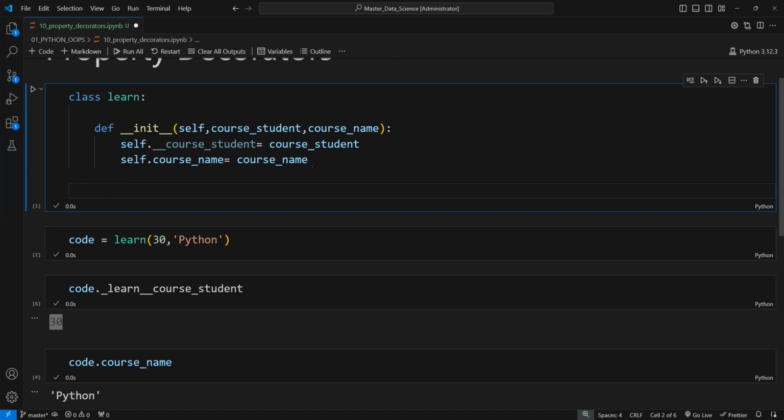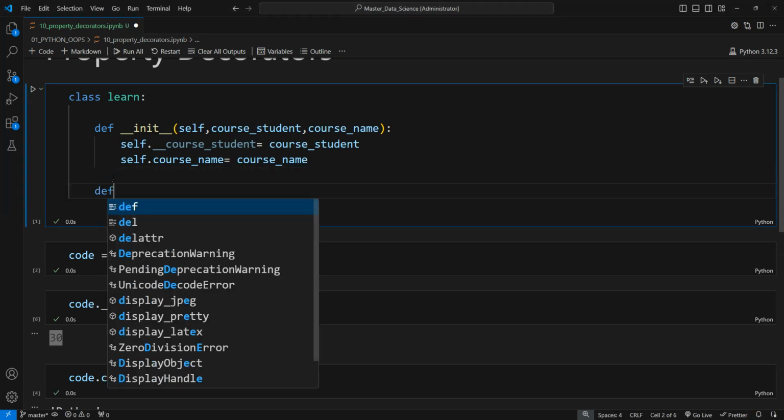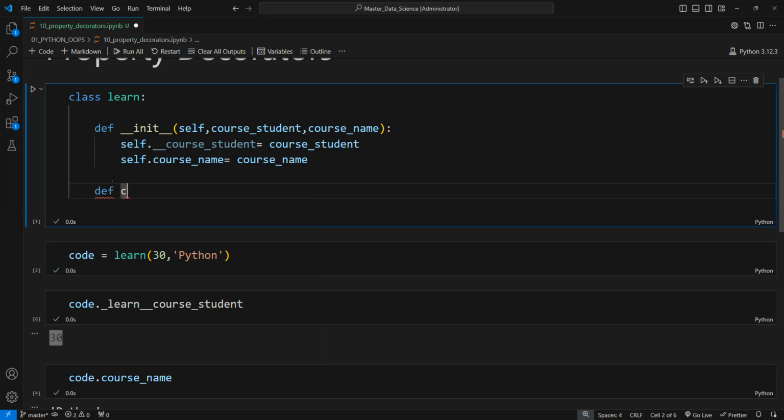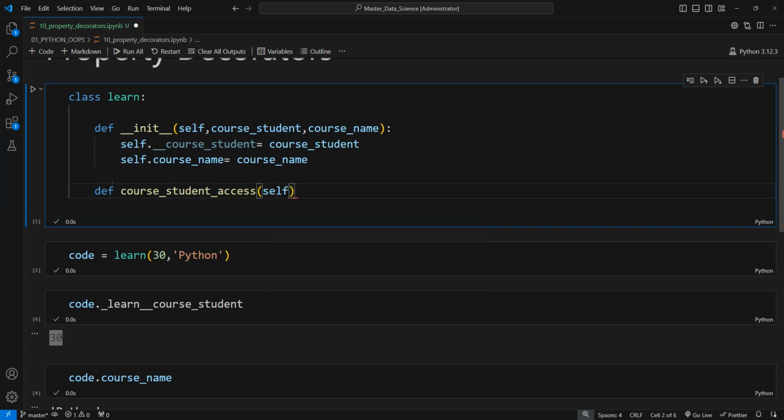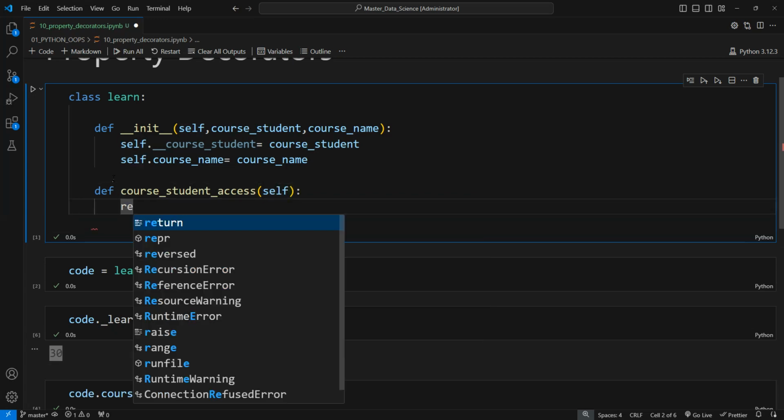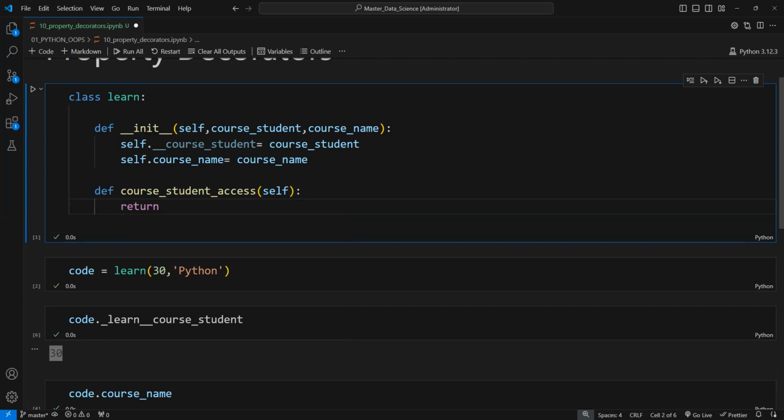Let me show you another function in which we are going to use the property decorator to access these private variables. So here is our function. Let me define our function using the def keyword, and then our function name could be course_student_access, and then I am going to use self to link it with our class, and then I want to return this course_student